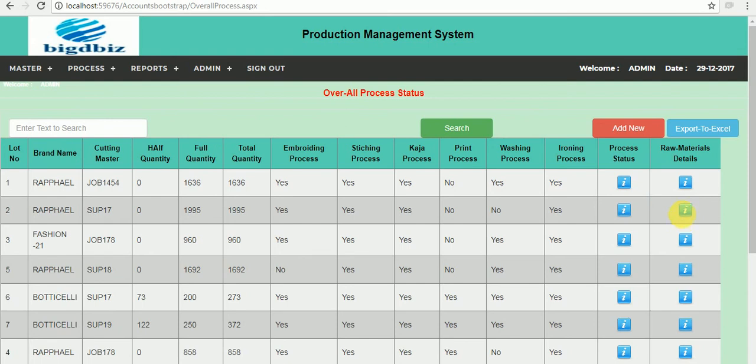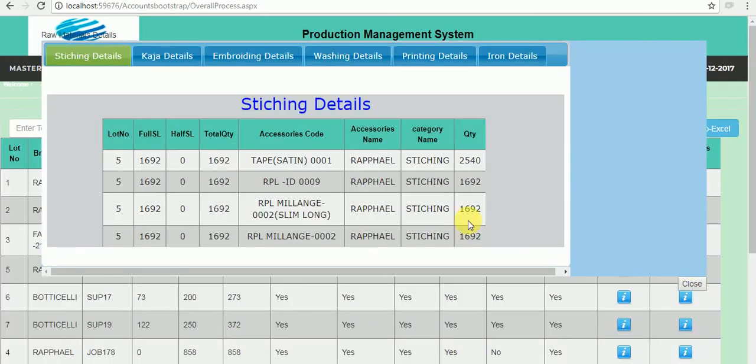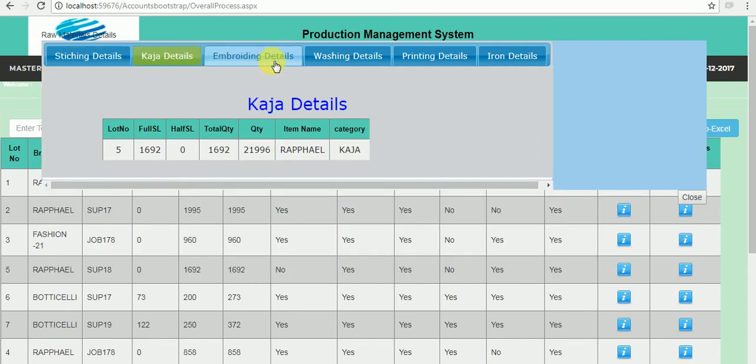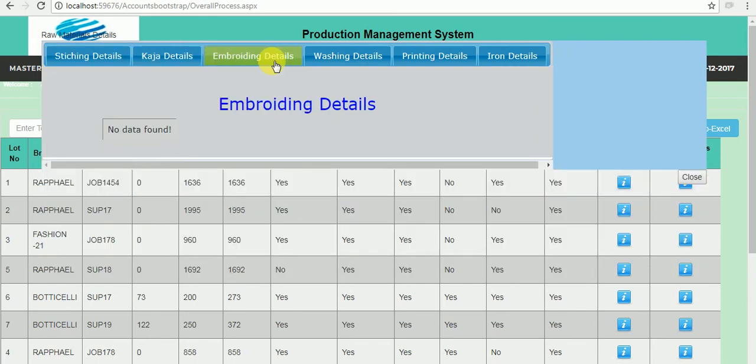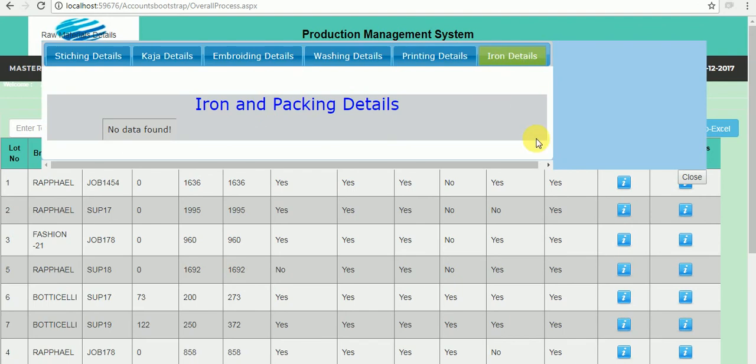And again I can see the raw material detail for a particular lot also. If I click, I can see the stock which has been sent after preparing the particular process starter. Stitching details, kaja details, embroidery, what items have been used as accessory. I can track each and every process. So no wastage or damage can escape our eyes. Next comes